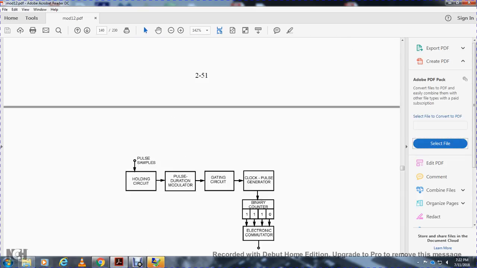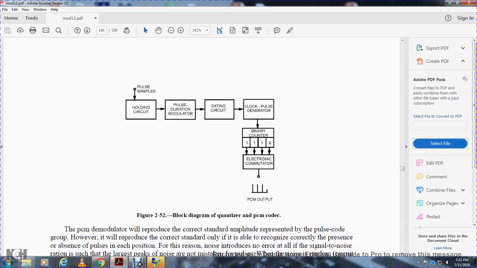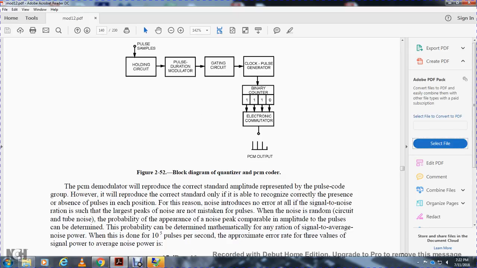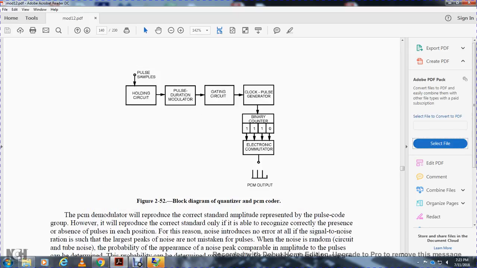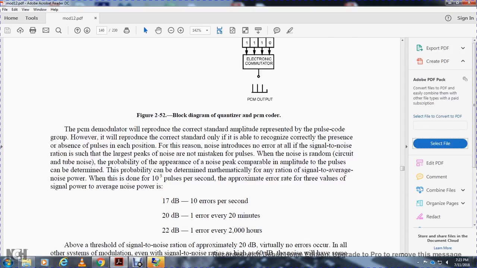Pulse samples, a holding circuit with a pulse duration modulator, gating circuit with a clock pulse generator, binary counter, electronic commutator, pulse code modulator output. Figure 252 shows the block diagram of the quantizer and the pulse code modulator coder. All right,